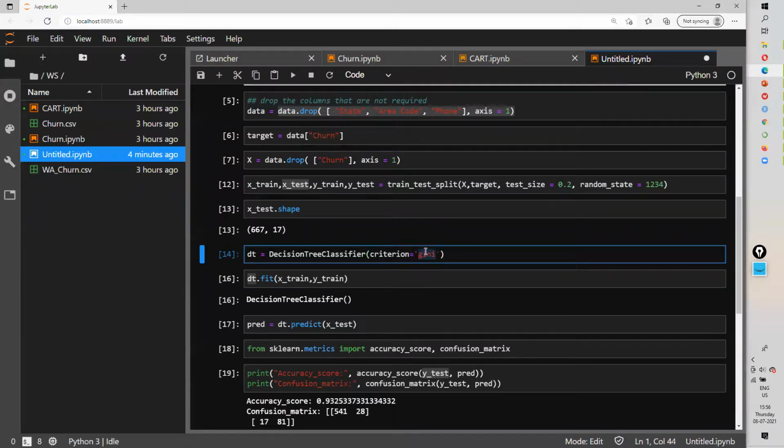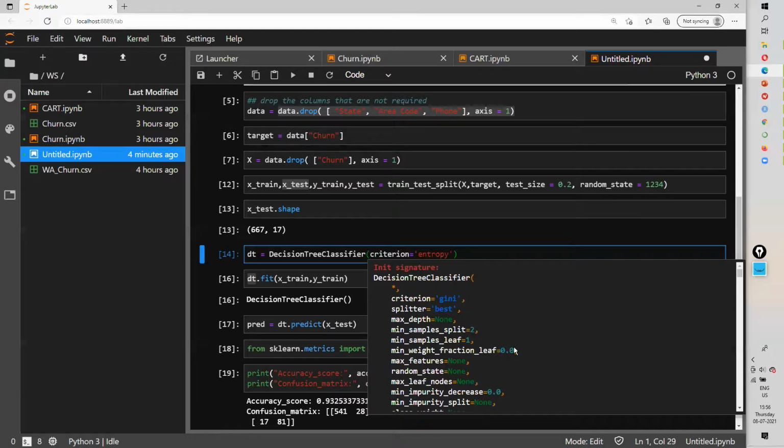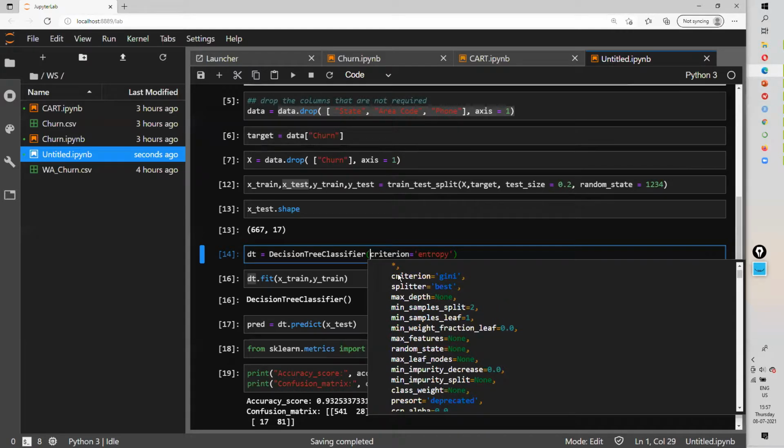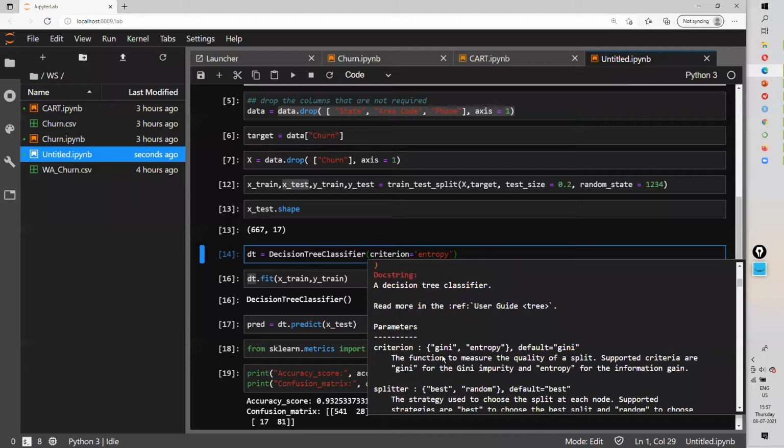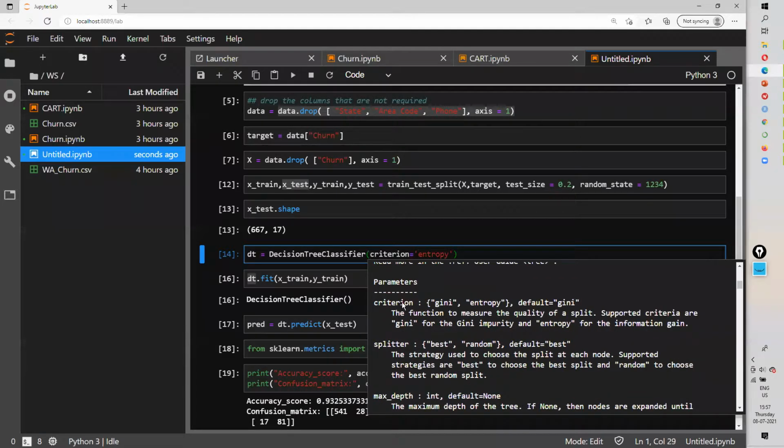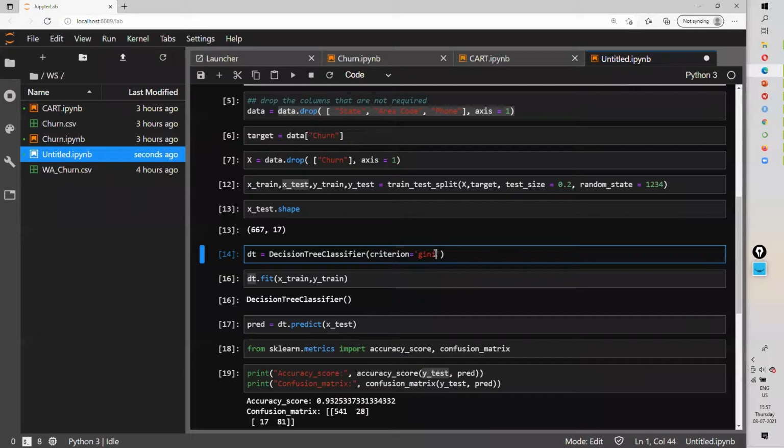But if you have to change it, let's say I want to change the criteria to entropy, I can change it. This is the beauty of using notebooks or Jupyter Lab, where when you don't know something about a function, you can get the help here itself. You can see what parameters are available, what are the default values for each of those parameters. And also you can read the details like criteria. It takes 2 values, Gini and entropy. Default value is Gini. We don't use entropy because entropy is slightly more cumbersome in calculation because of using log to the base 2. Gini is faster in calculation. So that's the reason it's always Gini.